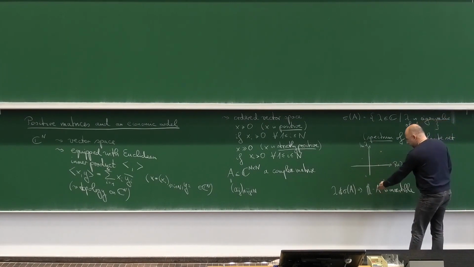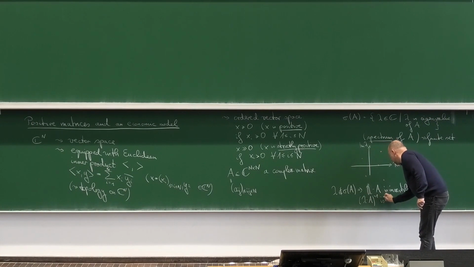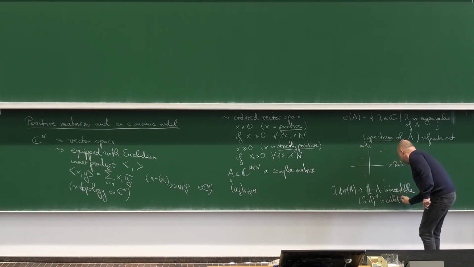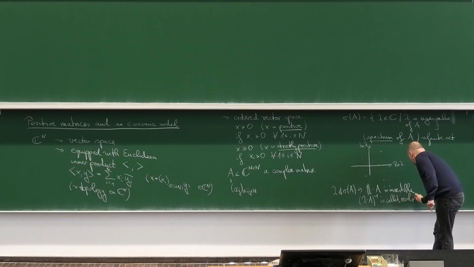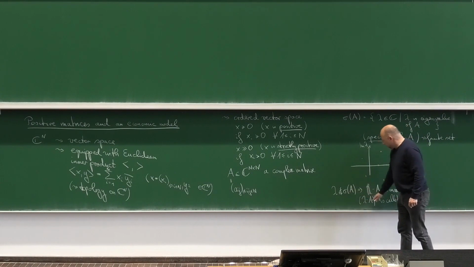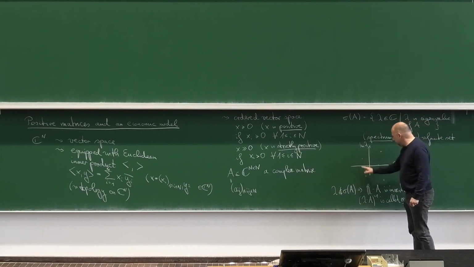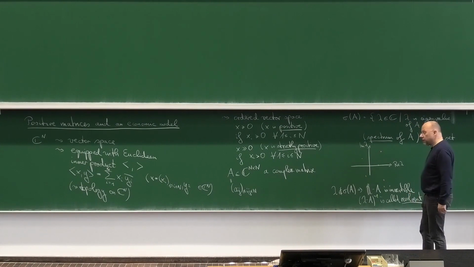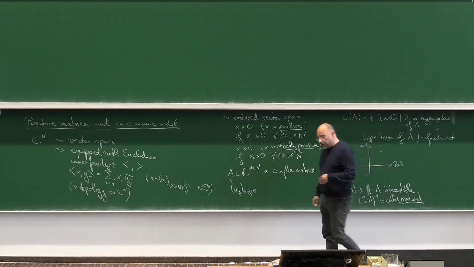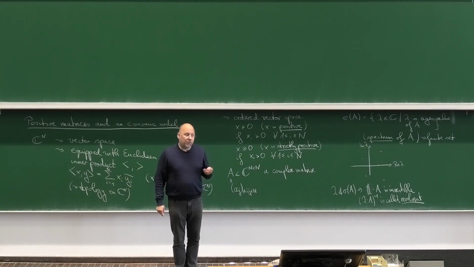And outside we have this resolvent: the inverse is called the resolvent for every lambda outside the spectrum. Sometimes we also call resolvent the whole function which is defined on the complex numbers minus the spectrum, and this function is actually an analytic function. It can be developed in power series locally.